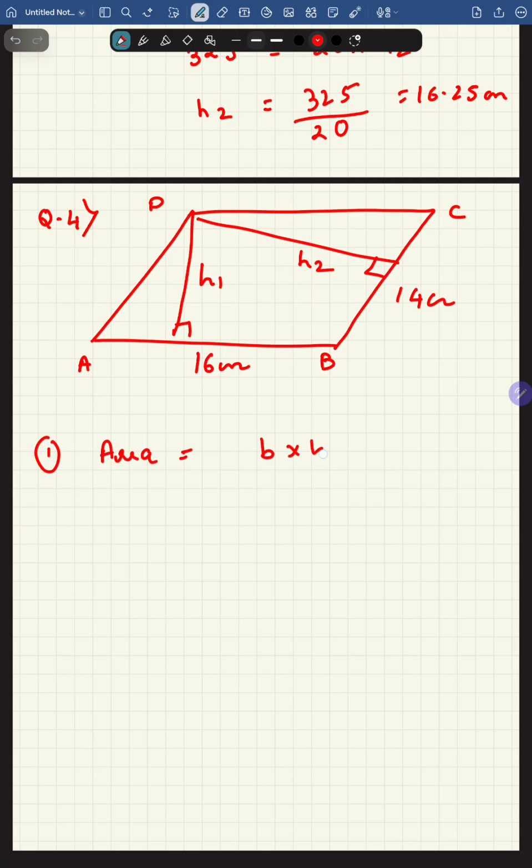Area is base into height. How much area is given? 168. So when the base is 16 into height h1,